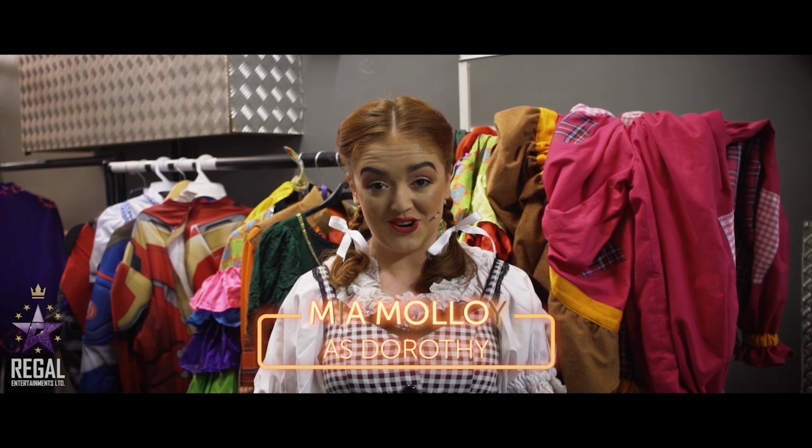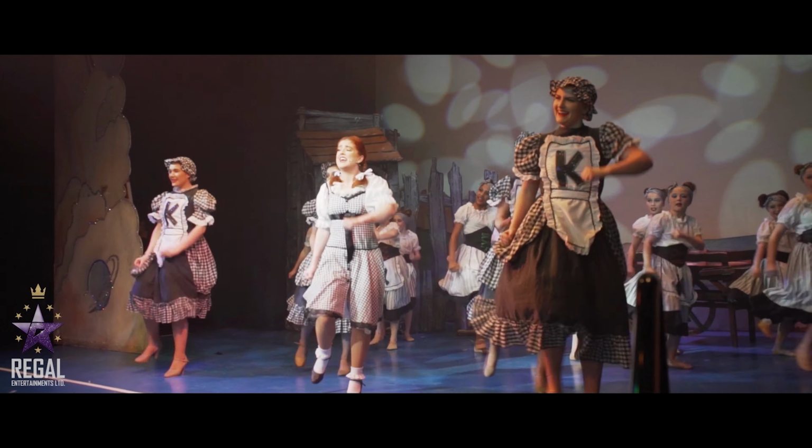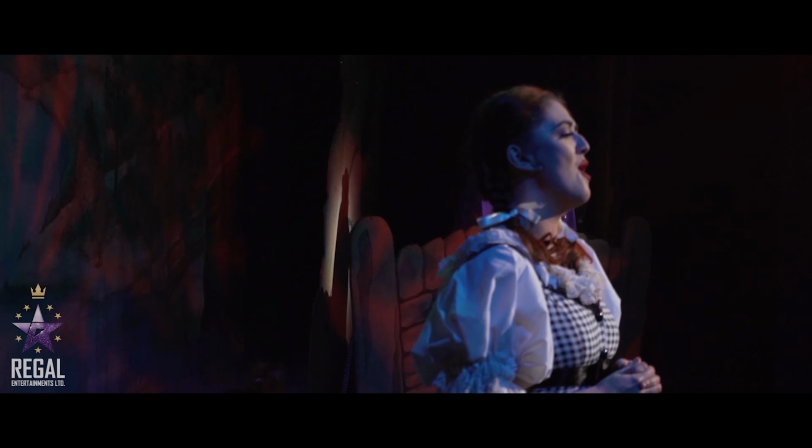Malloy, and I'm playing Dorothy in The Wizard of Oz here at St. Helens Theatre Royal. Come on down, it's going to be an amazing...